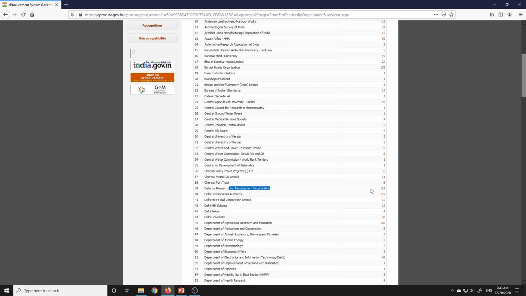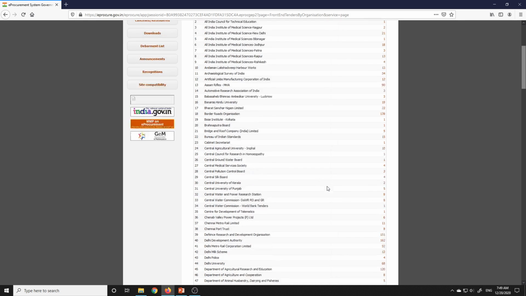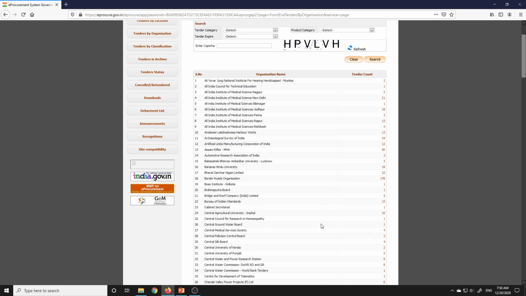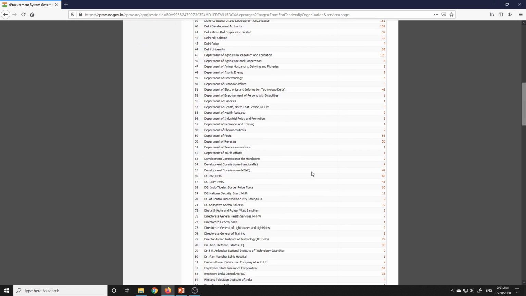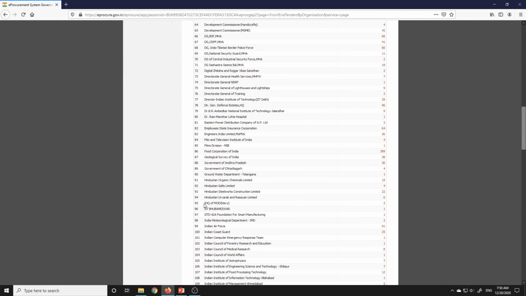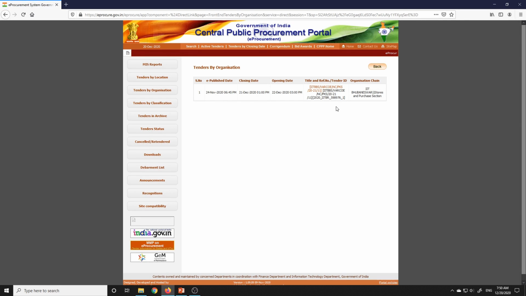Okay, see, DRDO, around 151 tenders they have online now. Okay, so let's see if I can get any engineering. Wait a second, IIT Bhubaneswar, yes, this can be used. Okay, only one tender, no problem. See,